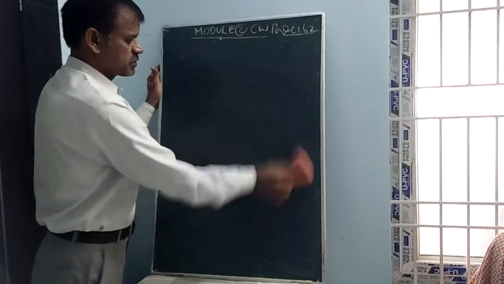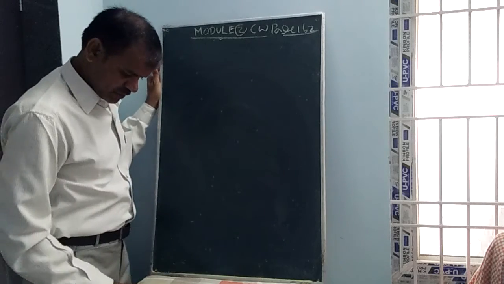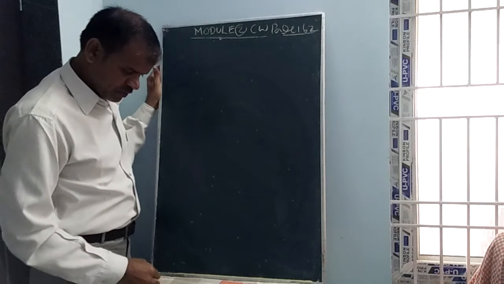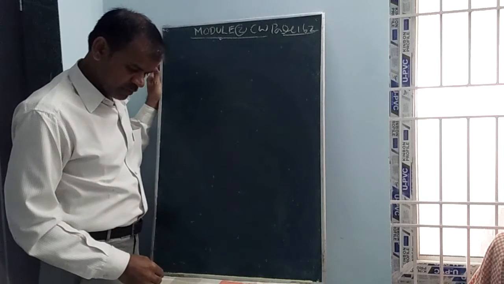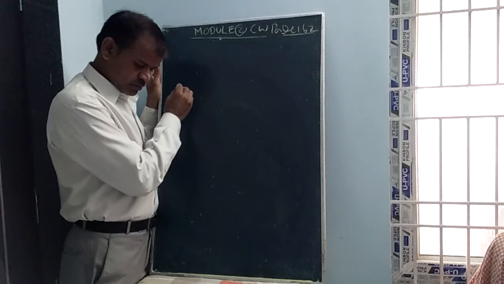This is the third option. That is the first question. Second question: if the points a plus b, a minus b and a plus kb are collinear, then